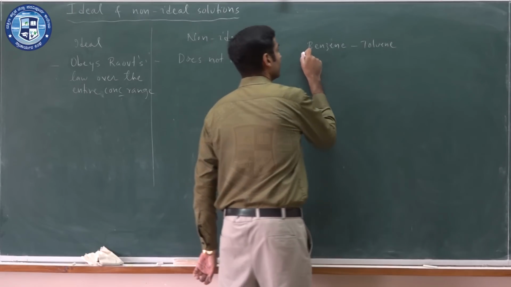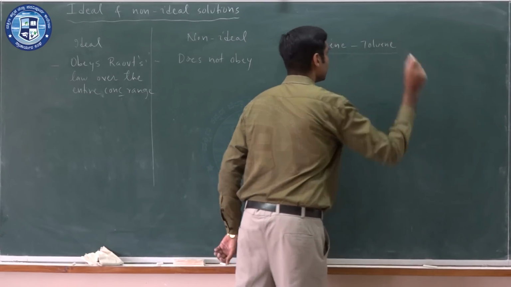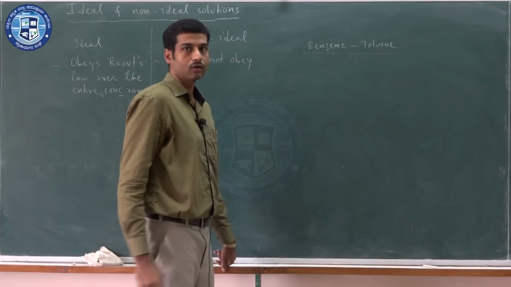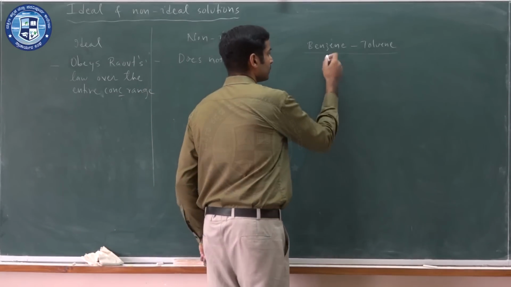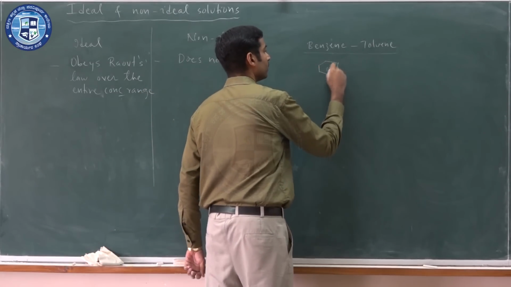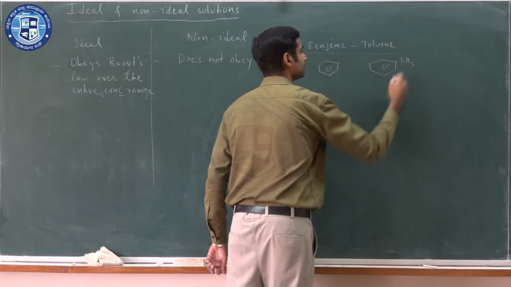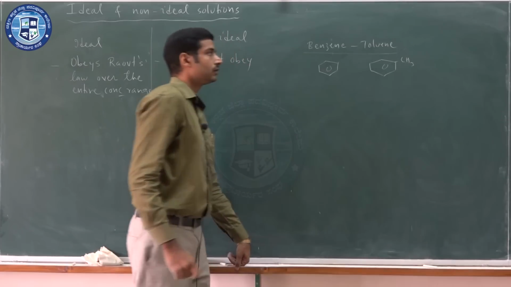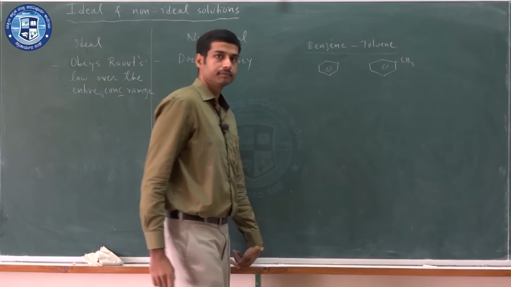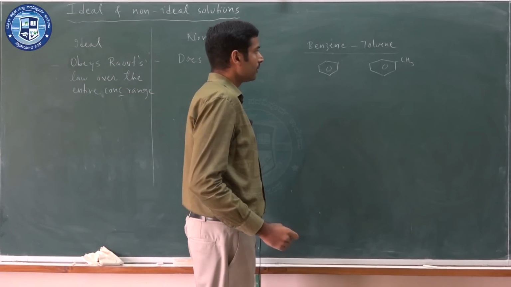Let me consider a solution obtained by mixing these two liquids, benzene and toluene. Now, what you know is benzene and toluene are structurally very similar. There is only a difference of a methyl group, and therefore, in solution